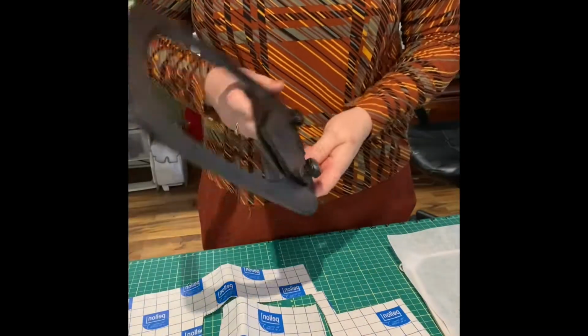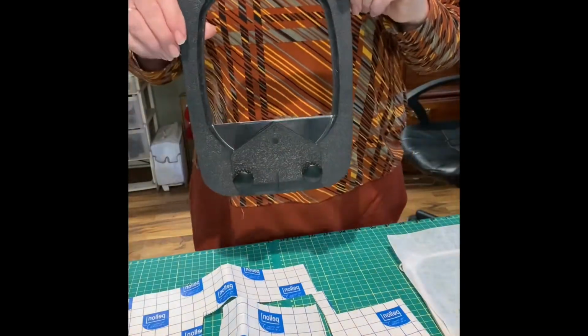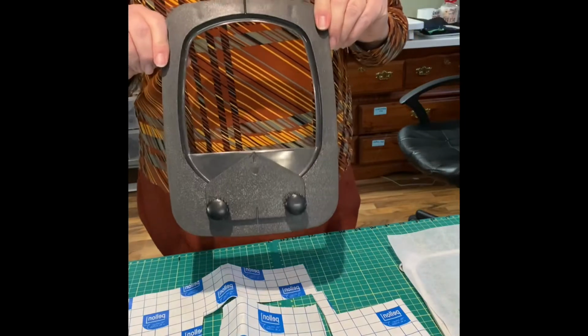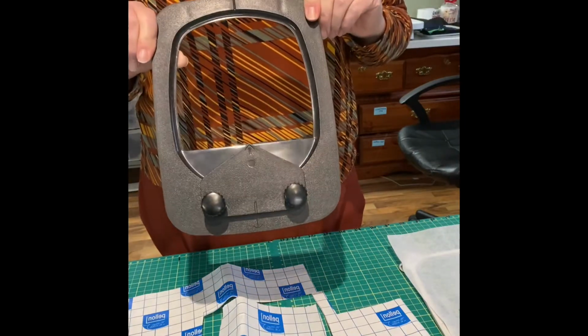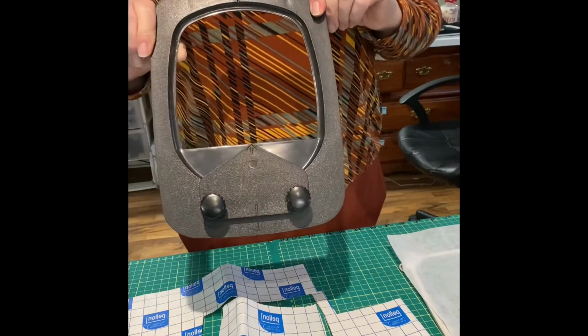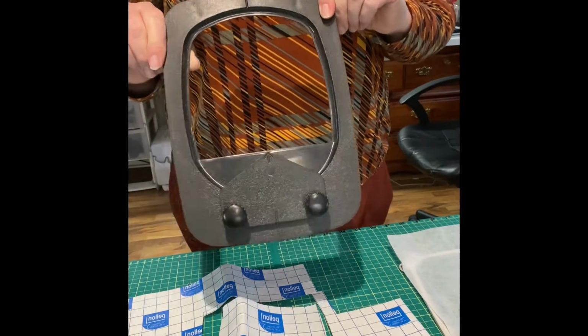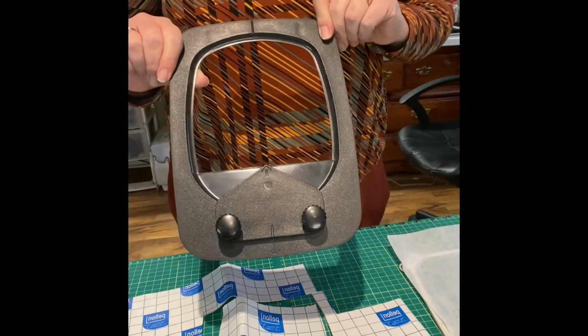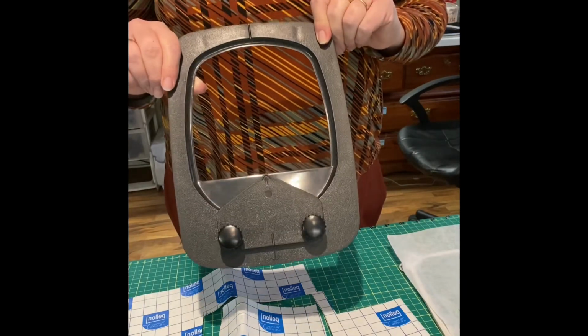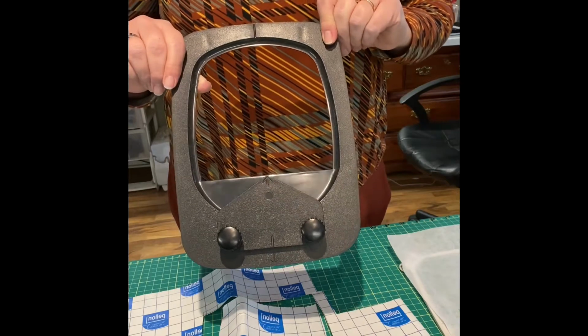Hi there, I'm going to demonstrate the hat hoop today. This is not the Janome hat hoop. I bought it on Amazon and I paid 40 something for it, I believe. I've had it for a couple of years. I'm not exactly sure what I paid for it, but if you go on Amazon, it says that it is